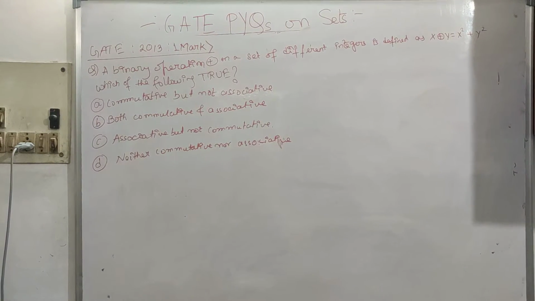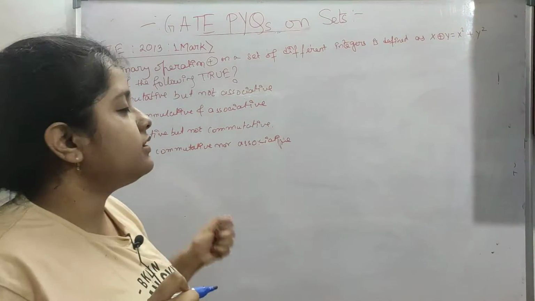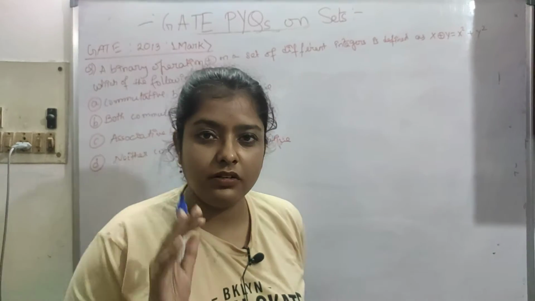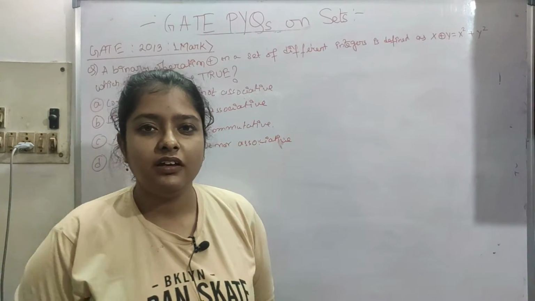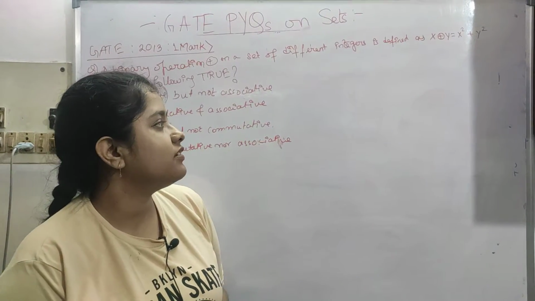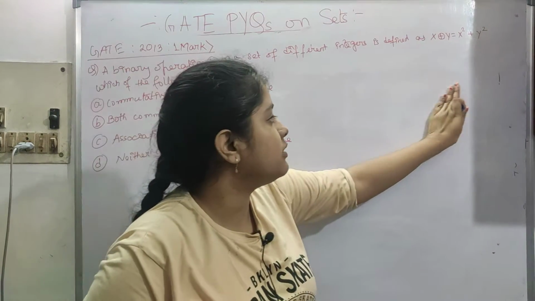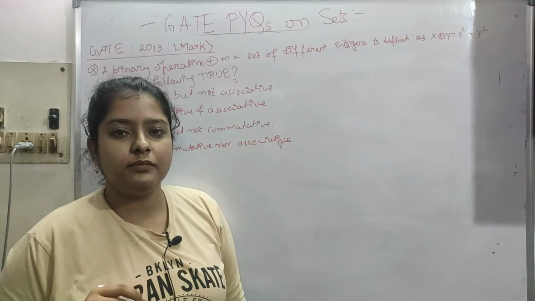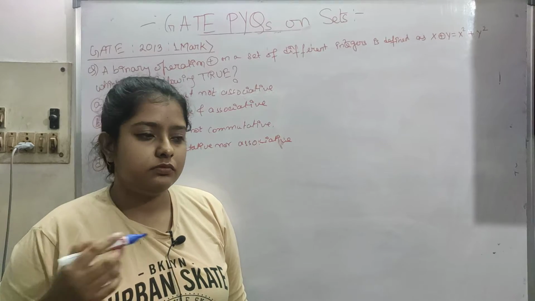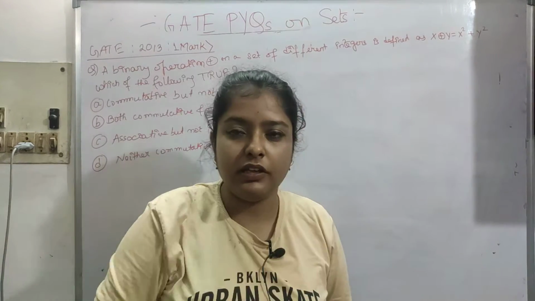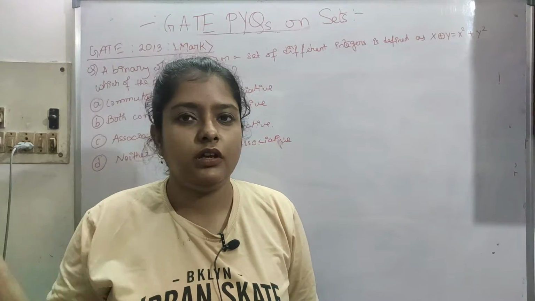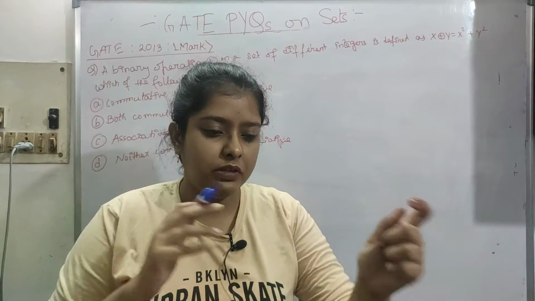So hi, this was asked in GATE 2013, a 1 mark question. Honestly, I don't know if this falls under the set theory topic, because it was in the Made Easy book. You can do it from anywhere, from online also: GeeksforGeeks, GATE Overflow, and other search sites. I've told you many times.